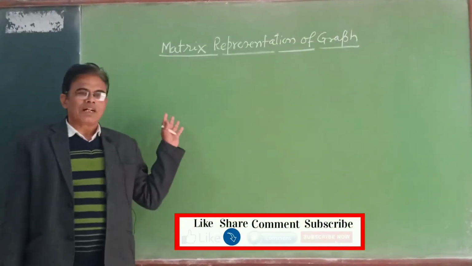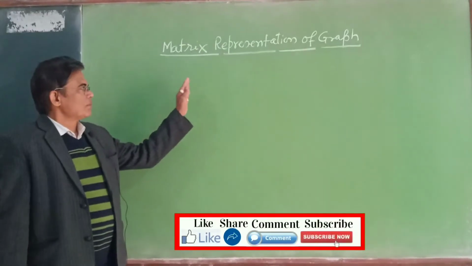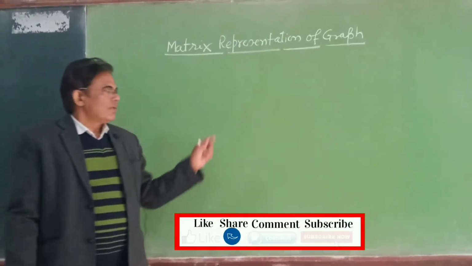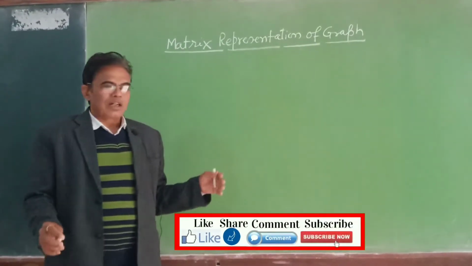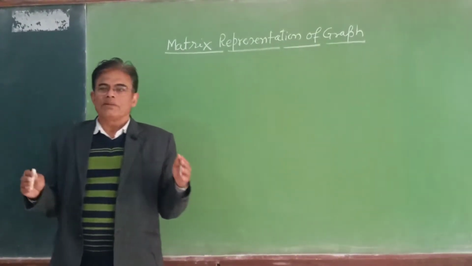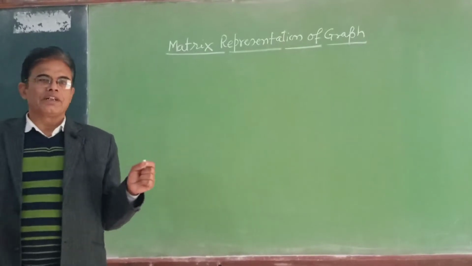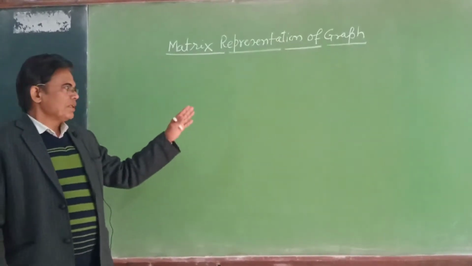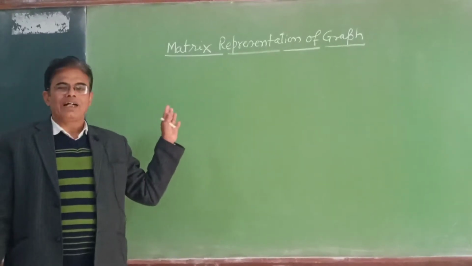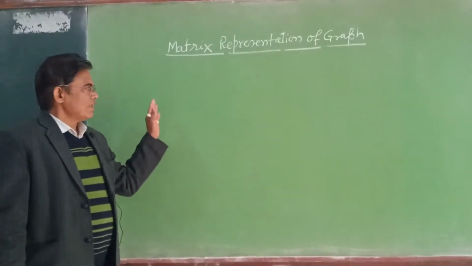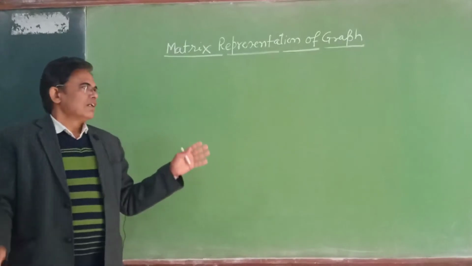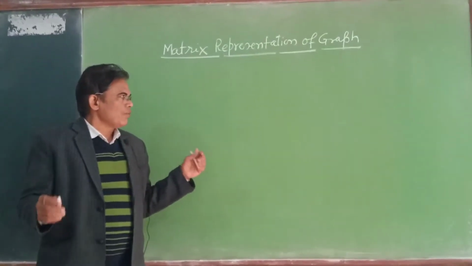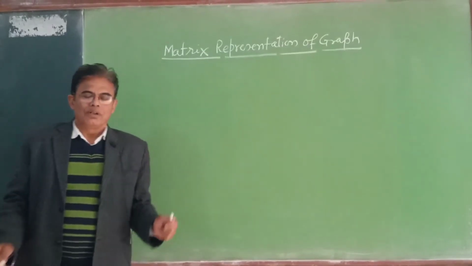Today we will be talking about matrix representation of graph. As we know, the basic concept of graph was given by the great mathematician Euler, and Euler explored that graph is not mathematics because this is not a topology, not a geometry or trigonometry. So there is a problem: how shall we use graph?